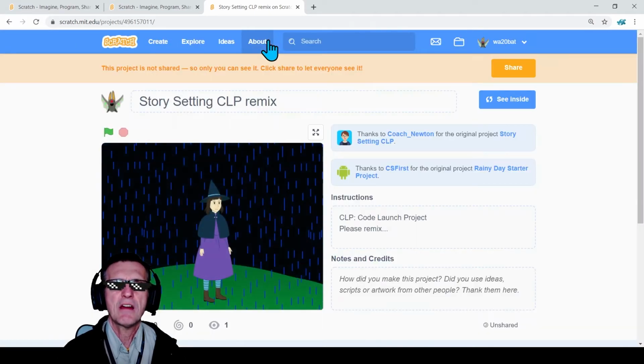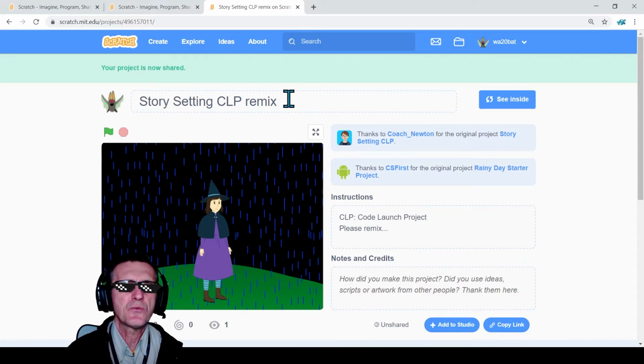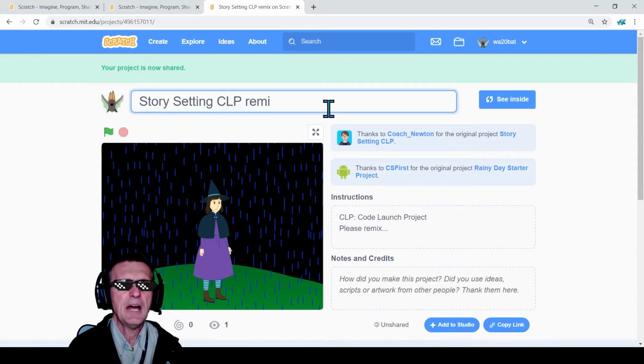So I click share, and the other reason I did that is like, hey, your project is now shared. And this is where you put the instructions for your project, right? And you can rename it here, right? So I'm going to change the name